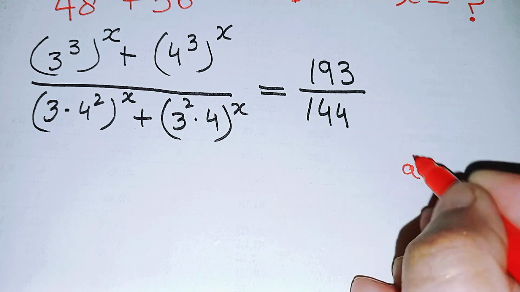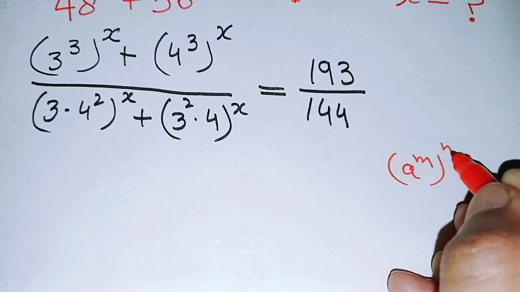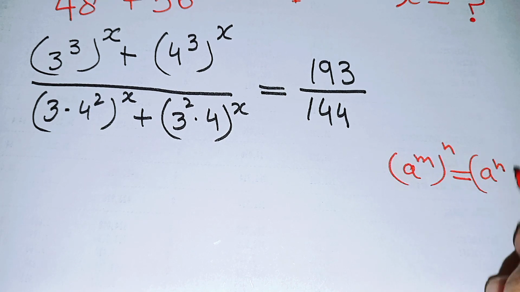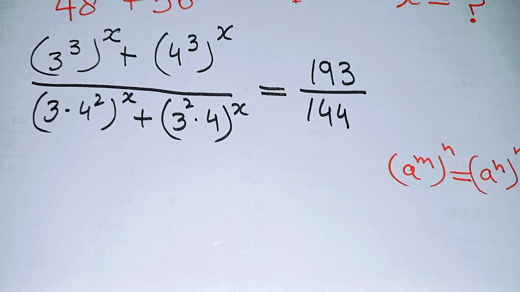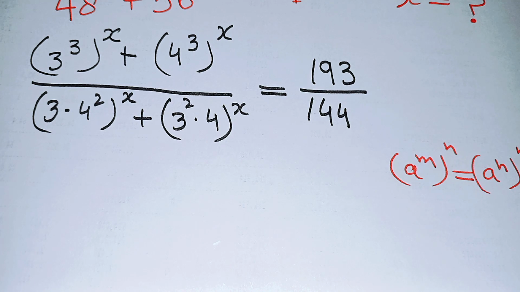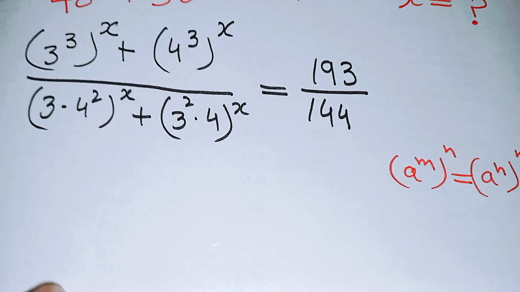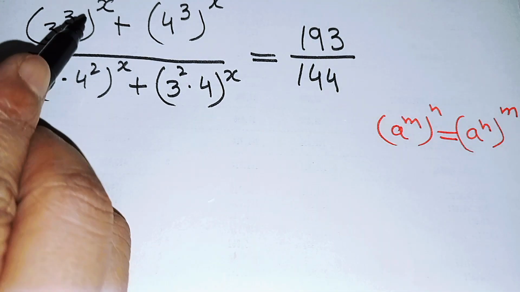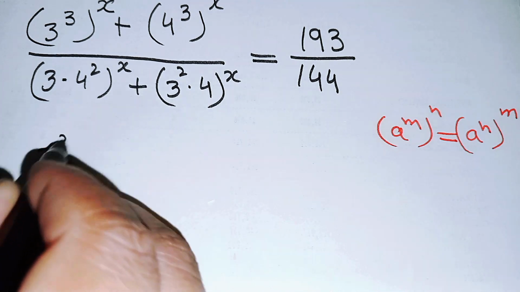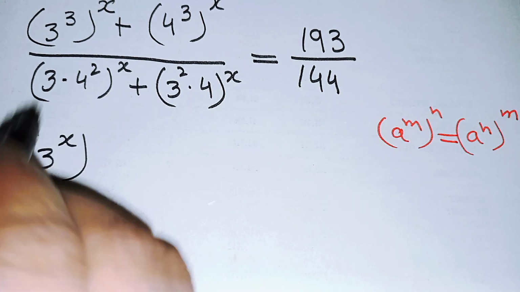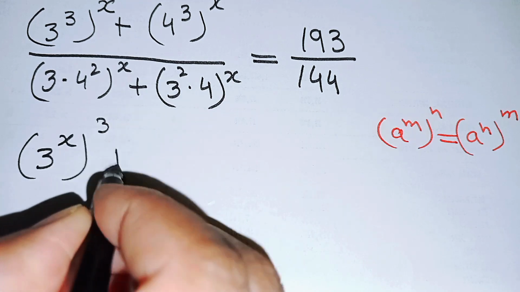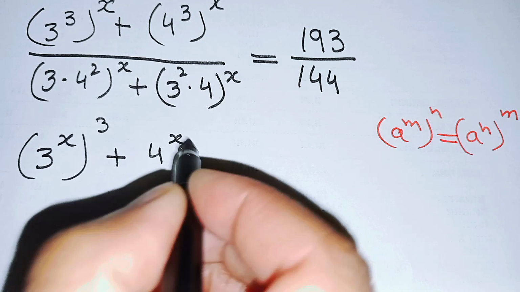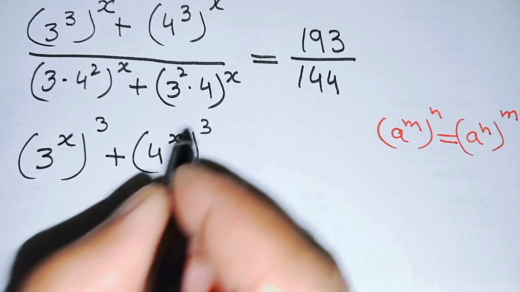Now we solve this question with the help of a nice exponent law, which is (a^m)^n equals (a^n)^m. So using this law, 3^x becomes (3^x) to the power of 3, plus (4^x) to the power of 3, and then over